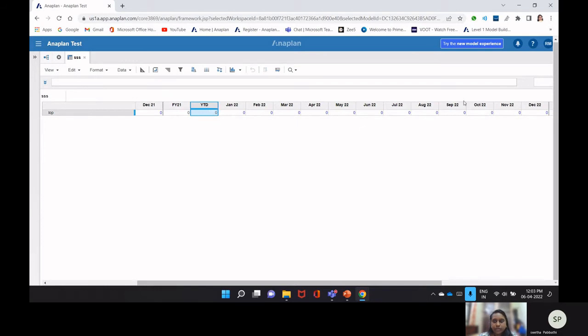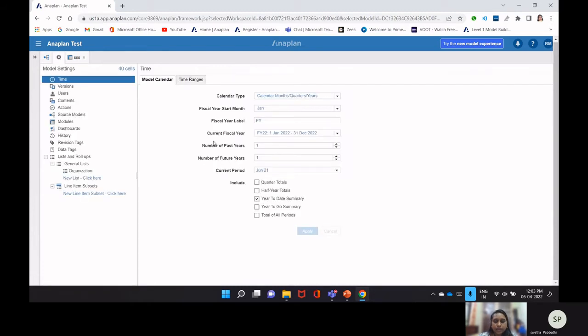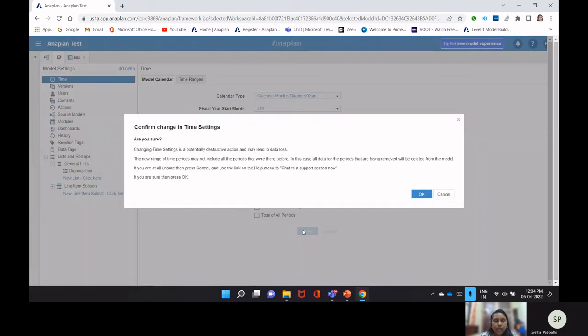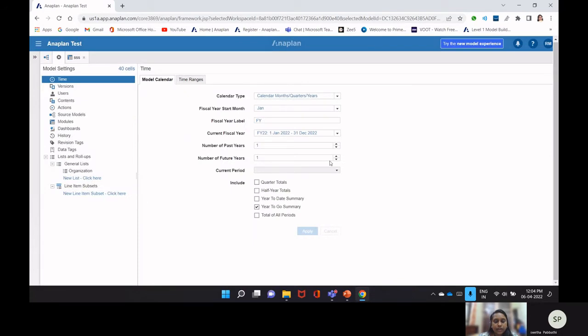So yeah, now we can see here. In this case, it will take from Jan to June, what all the data has been updated, and those summary data will be added here. Whereas in year to go, like after the current period is mentioned,